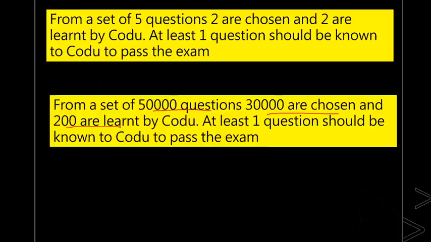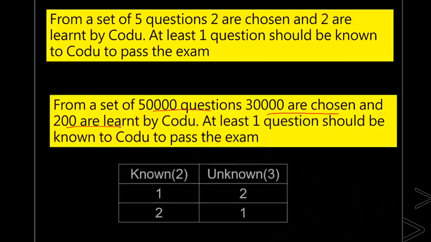See, what did I tell you? Form a table and from that table derive the values. Based on the values, you can continue. This is what we discussed, right? Imagine I have learned 200 questions, right? I have learned 200 questions. So my known value is 200, right? And at least one should be asked. So what should you do? One question is known, two question is known, three question is known, four question is known, up to 200 questions you need to calculate. Can you understand? Yes, your table will contain 200 rows.